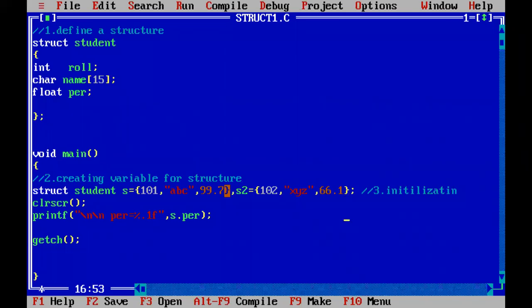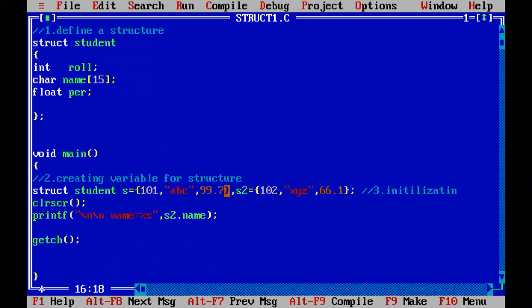So we try to print the second student. How to print second student? Second student variable name. What is the second student variable name? S2. S2 dot name I want to print. So the name in S2 I am going to print. What is there in the S2 dot name? XYZ. When you are printing XYZ, it is a group of characters. Don't write percent F. Go for percent S. In place of S, group of characters will be printed, and change PR to name, because we are going to print the name. So Control F9, execute the program. You got XYZ, second student data.